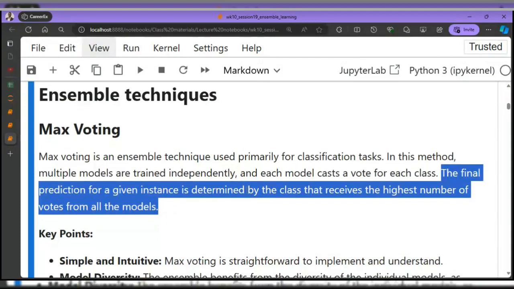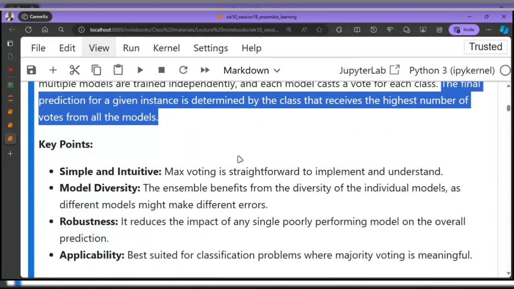There are some key points here. Just go through them quickly. It's simple and intuitive. Model diversity: the ensemble benefits from the diversity of individual models, as different models might make different errors. It's possible that when you train one model, that model can make an individual error, and instead of predicting one, it predicts zero. That's an error. But when you're using multiple models, you know that yes, there will be some errors, but the majority of the models should give you the right answer. So looking at the majority and selecting your final prediction from there will give you more accuracy